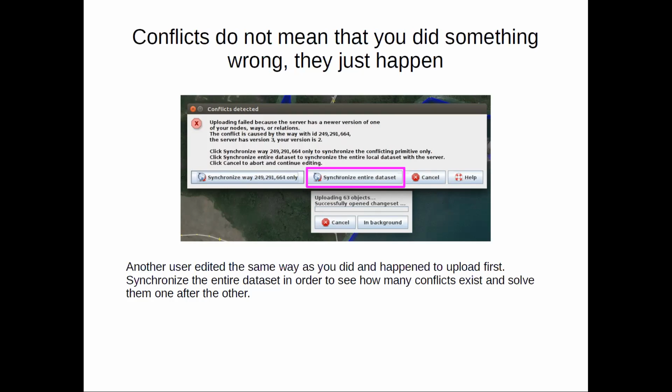It would also offer you, using the left button, to walk you through the conflicts one by one, but it is a good idea to first get an idea of how many conflicts there are. If there are just a handful of conflicts, you can deal with them one after the other. If it turns out that there are 100 or 200 objects in conflict, then maybe it's really easier just to trash your changes and start mapping anew. So you synchronize the entire data set,